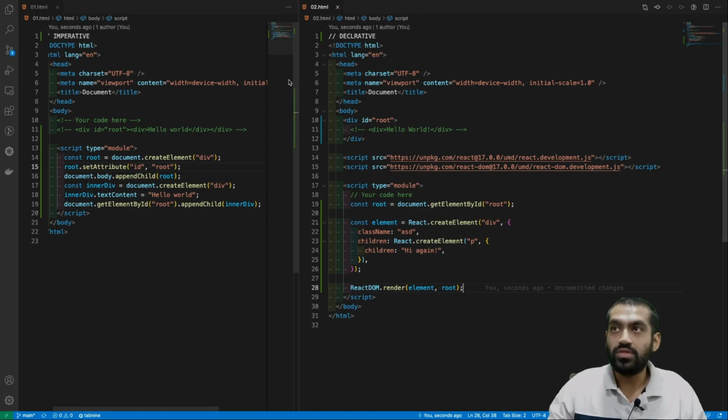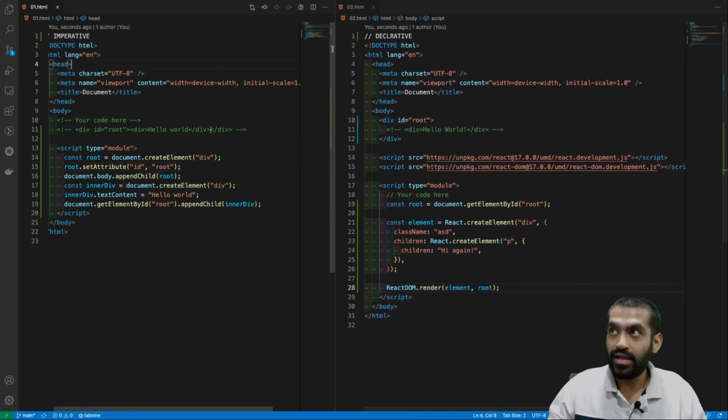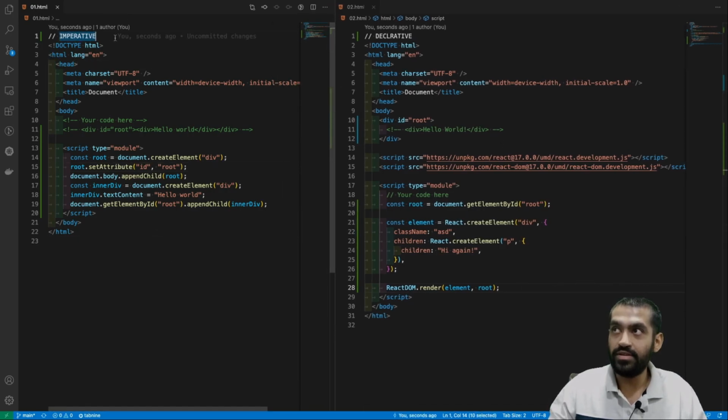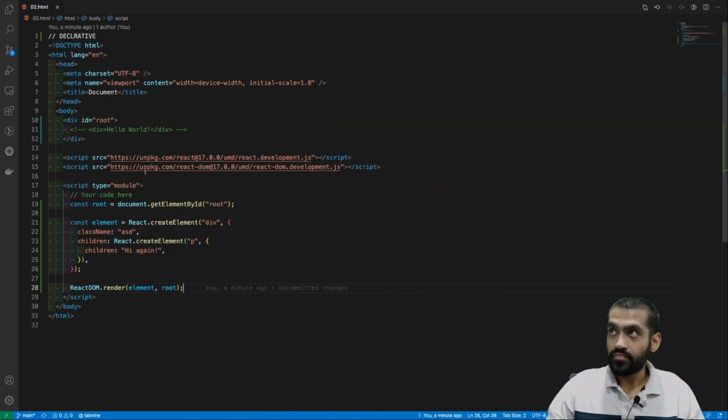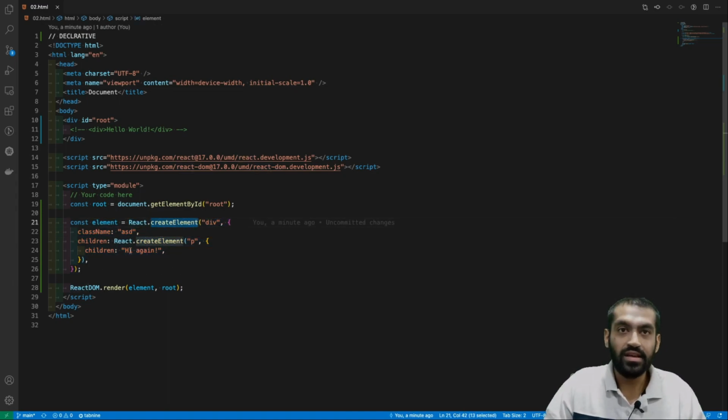So this is called declarative, and this where we give each and every instruction to our code is called imperative programming. If you understood that, here's one problem with this code. If we go on writing React.createElement again and again and again, and keep writing this syntax, it's going to be a big problem for us, because this is not easy to do at all.